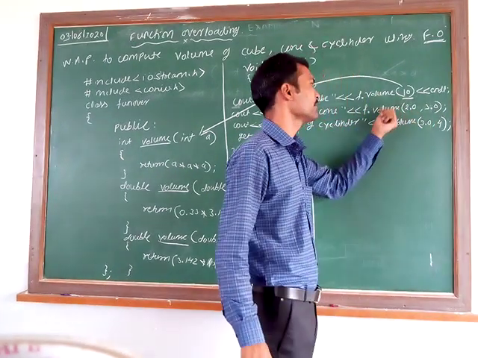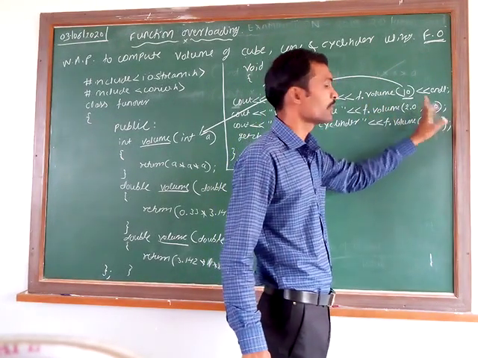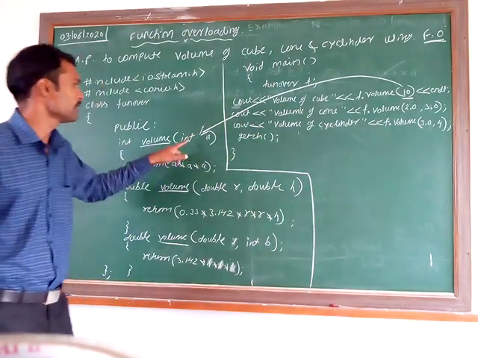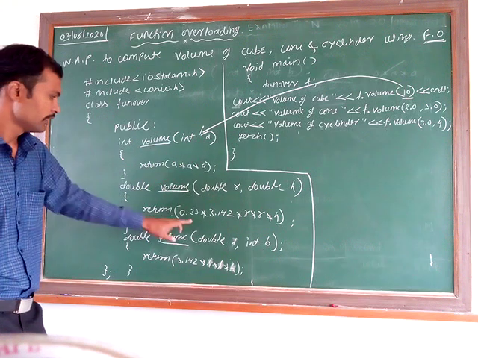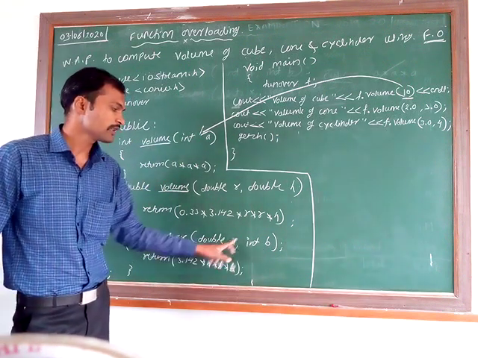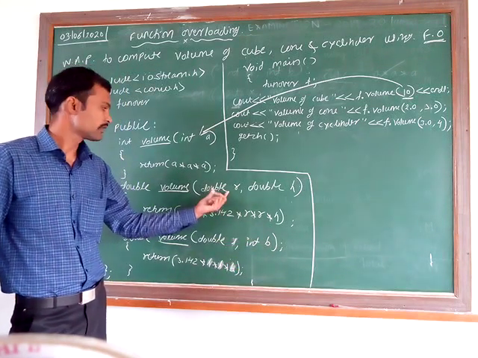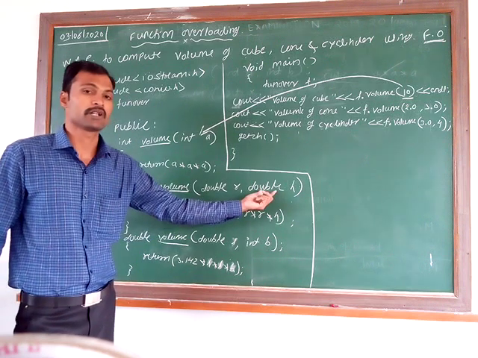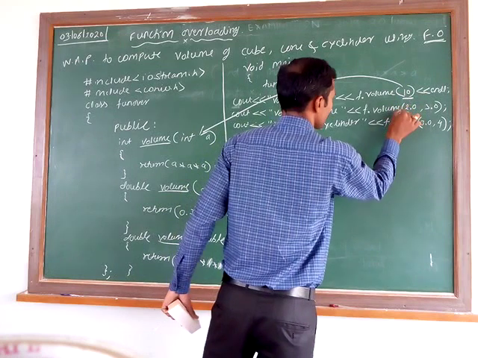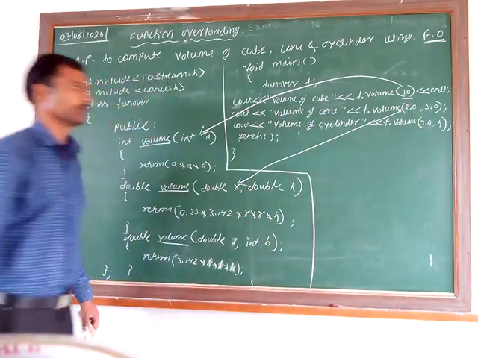See, function names are same, object is also one. You have given values 2.0, 3.0. You have given two floating point numbers. See, this is an integer one, so it will not get invoked. This last one has an integer. First one is a floating point number, second one is an integer. This is also not invoked. Now here, this is a floating point number, this is also a floating point number. Both are having fractions. So when you pass this argument, then automatically this function will get invoked.